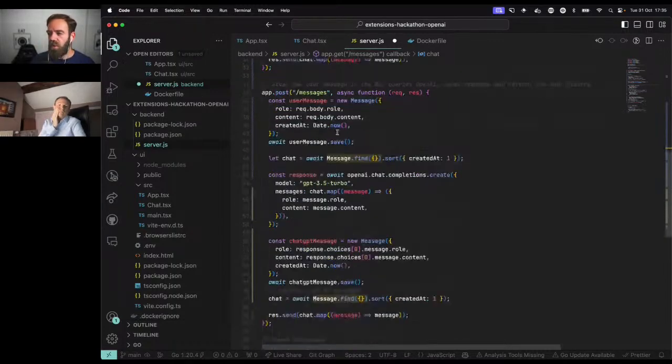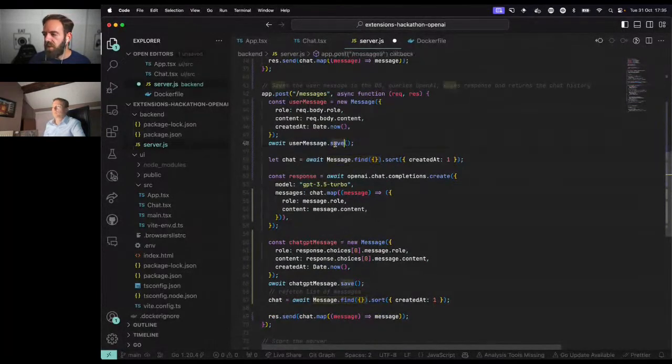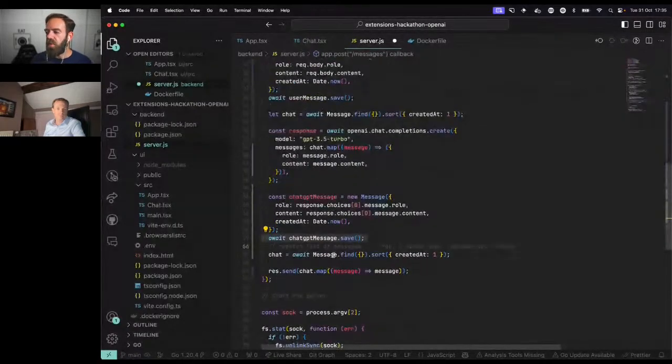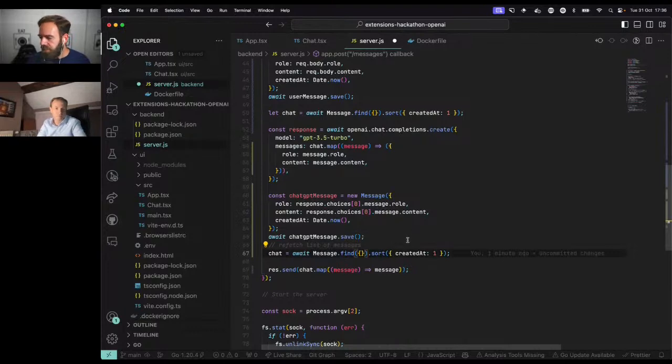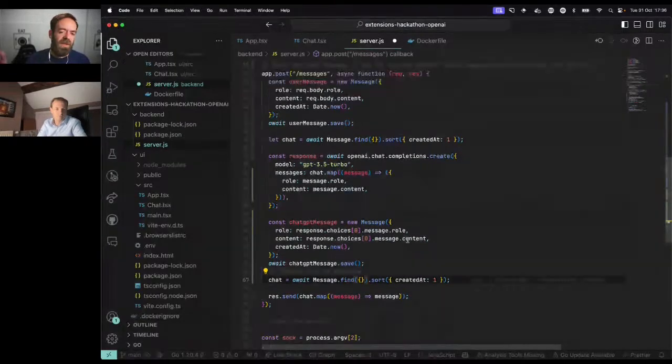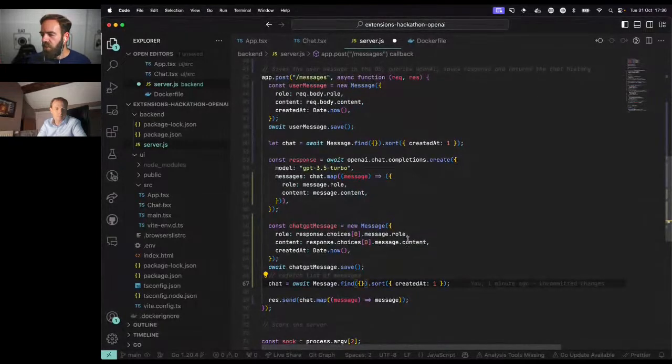What this endpoint is going to do is not only save that message into the database, it's going to pass all the history to the ChatGPT method, and then also save the ChatGPT response to the database. And then it's going to return the whole list of messages. We could only send the last message, and then on the front end side just keep concatenating the last results. But I think any decision would work. So in this case, we decided to just return the list of messages, and the only thing that we need to do from the front end is change that part when we receive the message from the backend.